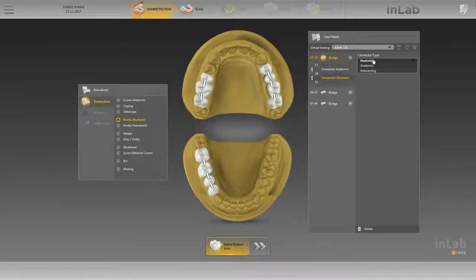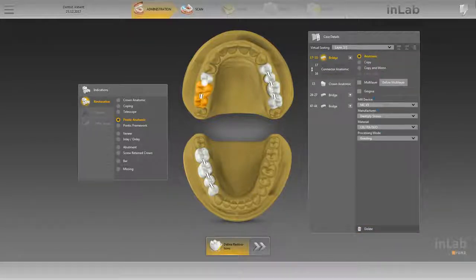As this bridge restoration consists of 3 splinted crowns, only the intersection option is available as an alternative connector type. The new type of connector element is now shown both in the odontogram as well as in the Case Details window. At this point, you can also delete the active element by clicking on Delete. Now we have a single tooth restoration on position 1-5 and 2 splinted restorations on position 1-6 and 1-7 in the